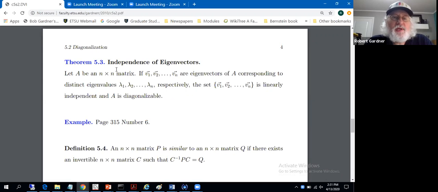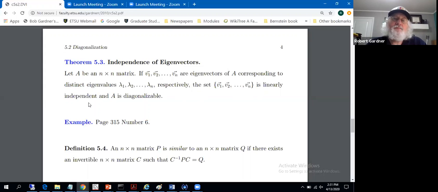Theorem 5.3 is called independence of eigenvectors, and it says the following. Let A be an n by n matrix. Of course, it has to be square to talk eigenvalues and eigenvectors. If v1 through v sub n are eigenvectors of A, corresponding to distinct eigenvalues, lambda 1 through lambda sub n, then the set v1 through v sub n of corresponding eigenvectors is a